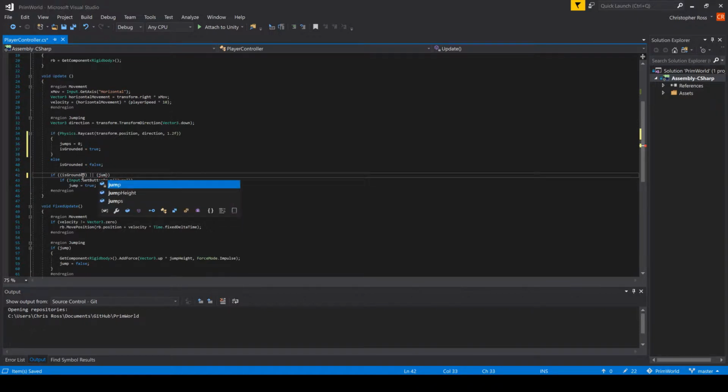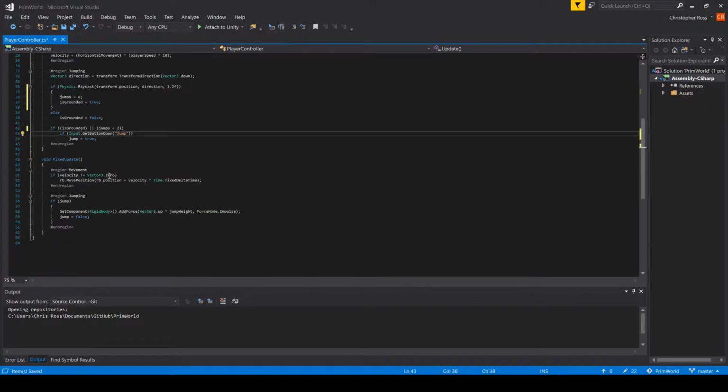And we want, if the jumps goes over 2, then we want this to happen. So basically, if the player is grounded or jumps is still lower than 2, that still enables us to jump. So that's that one. Let's go over to the fixed update, and within the jump if statement, we're going to want to add if jumps